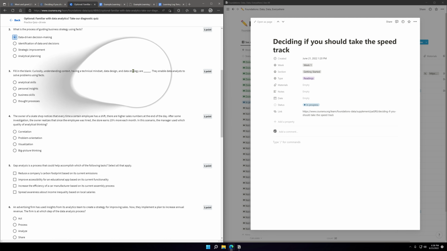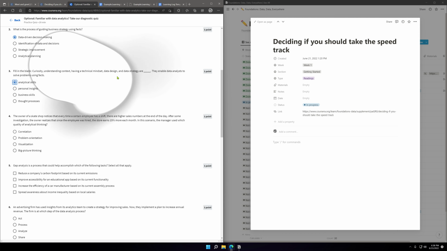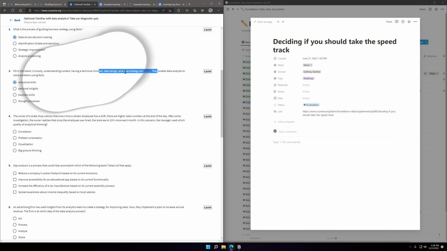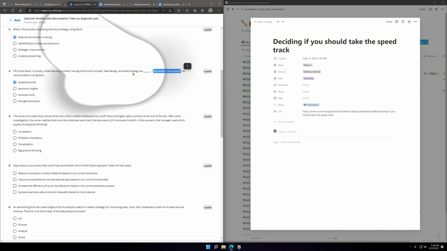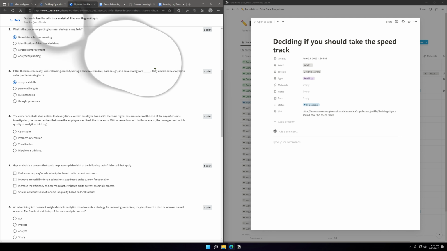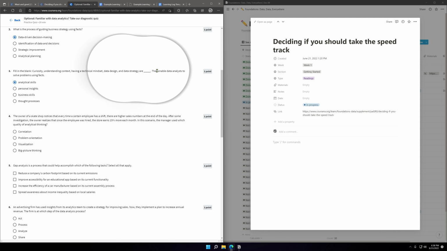Is a strategy considered a skill? I think it's this one. That makes most sense, I guess. But then again, who knows? I'm coming in here with no knowledge of anything in the realm of data analytics, so I'll probably be wrong. They enable data analysts to solve problems using facts.